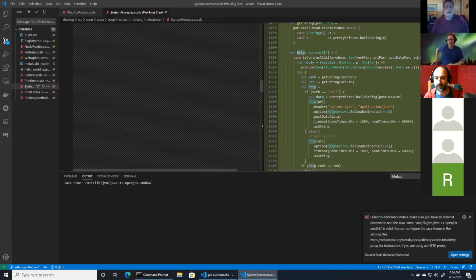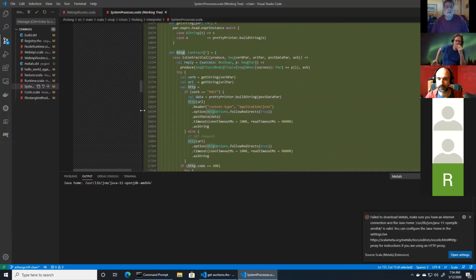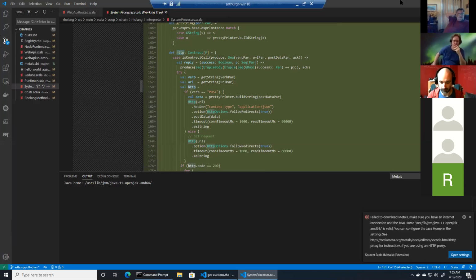No, but I think the first thing for me is this: we all recognize that we need a foreign function interface, right? But we don't have one. And the question is, what should that look like? I used this so that I could move forward, right? It was the least